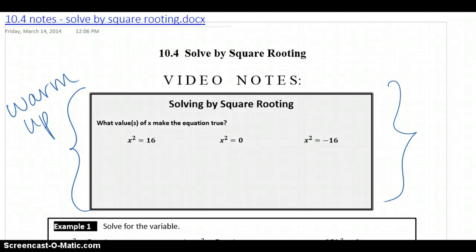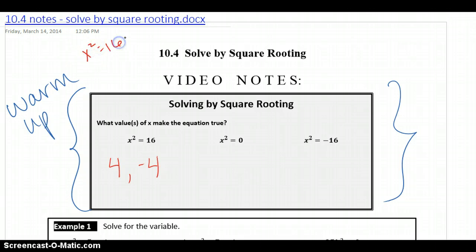So what values of x make x squared equal 16 true? 4, right? However, is there anything else that would make this equation true? -4. So when we are taking the square root of a positive number, in order to solve if x squared